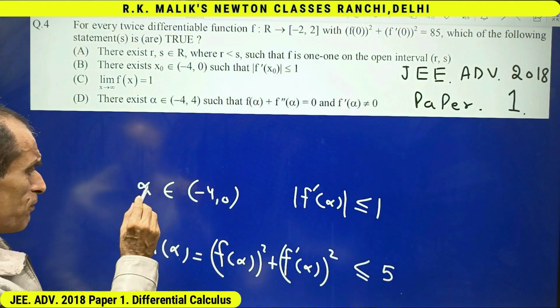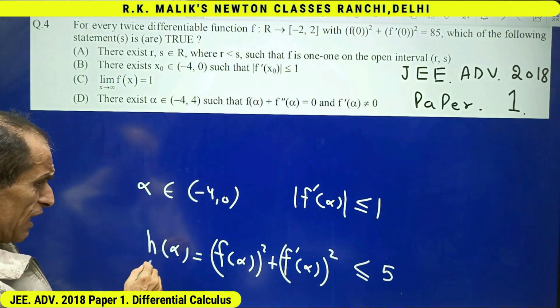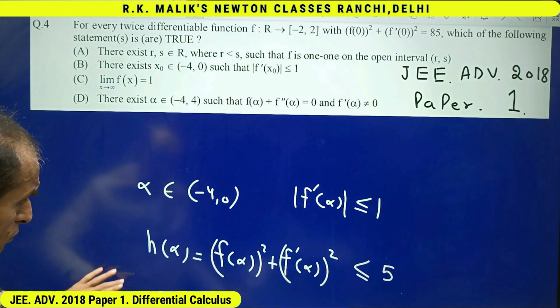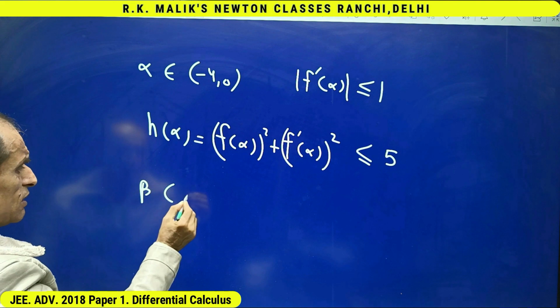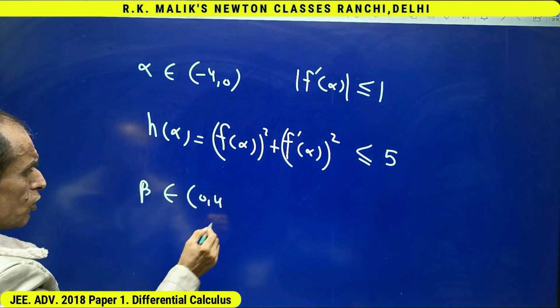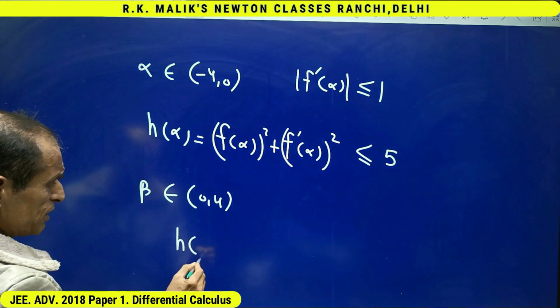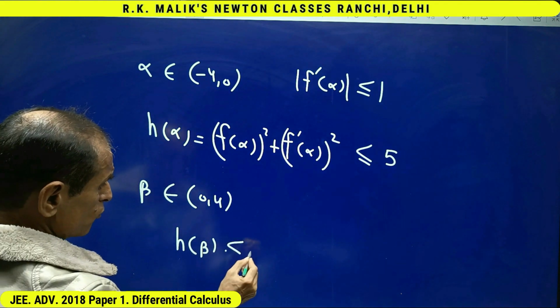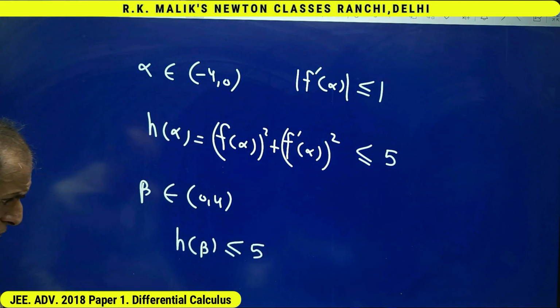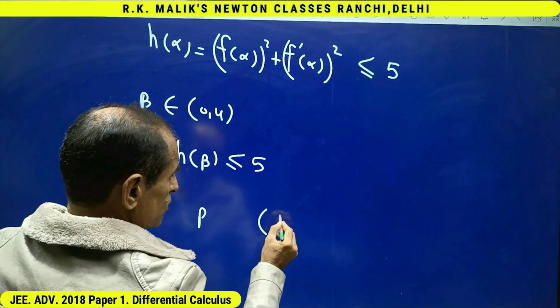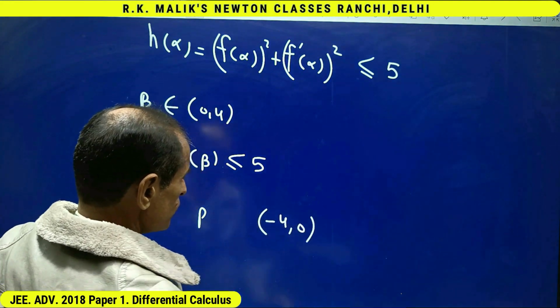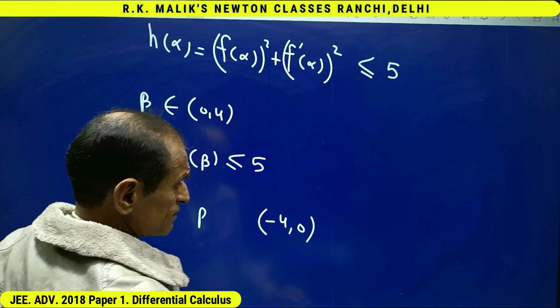That is, we have found a number alpha in this interval such that h alpha is less than or equal to 5. Similarly, there is a number beta in the interval 0 to 4 such that h beta is again less than or equal to 5. Suppose P is a number in the interval -4 to 0 where the function has attained